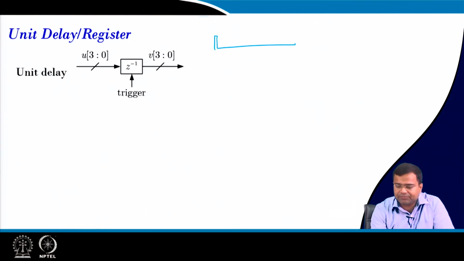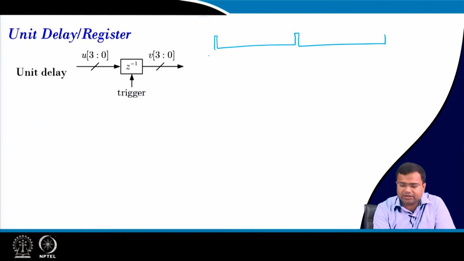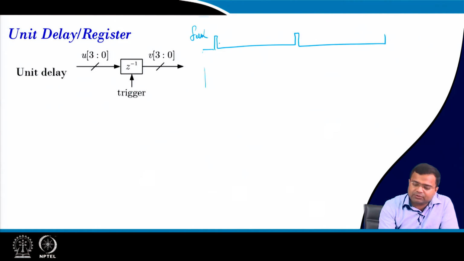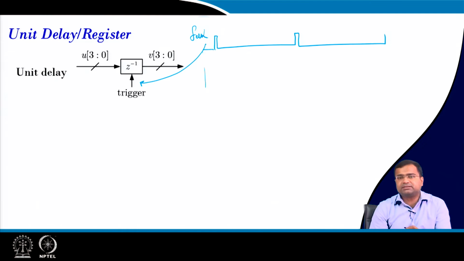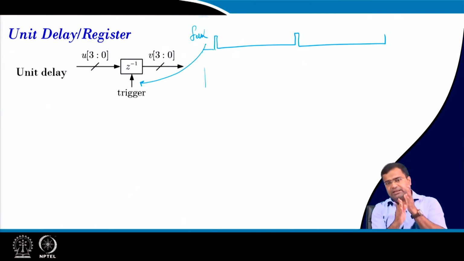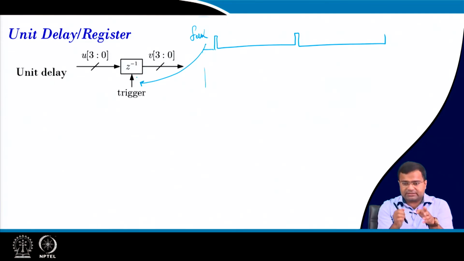If I want this kind of clock, this is my T. I want to delay this signal with respect to this clock. This will act like a trigger pulse, so whenever the trigger comes, it will be synchronized with respect to that clock